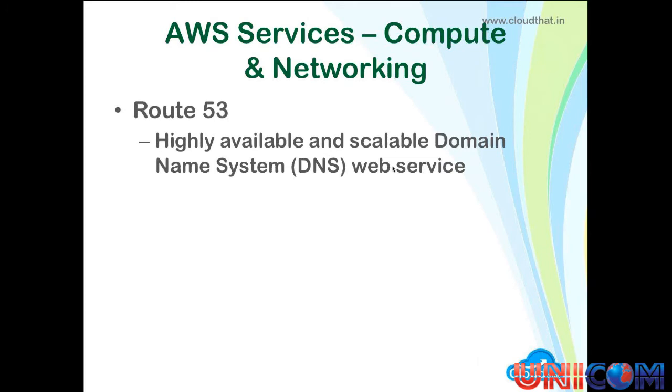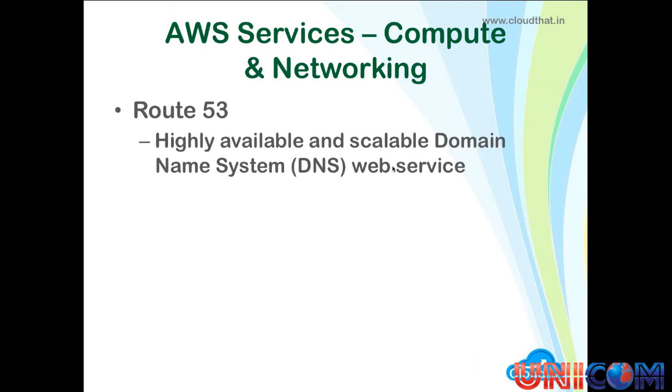Next service is called Route 53. This is a very highly available and scalable domain name system, DNS. And you can access this using a web service. You can change and modify this DNS using the web services API. You can imagine that you might actually have 3 different sets of websites. Let's say you're an e-commerce site, and you have the same domain,